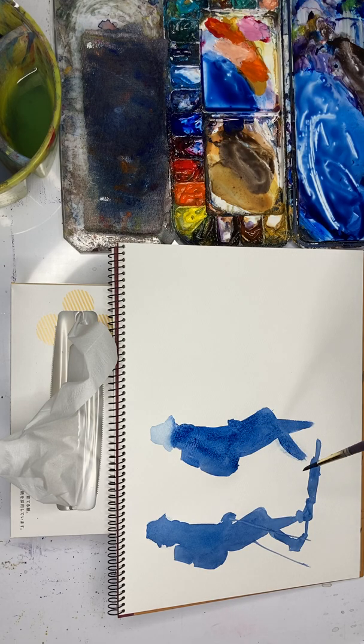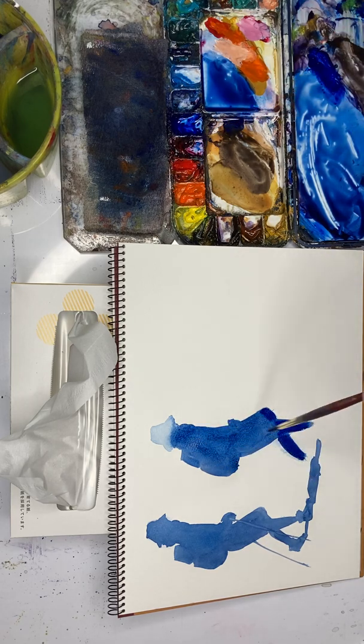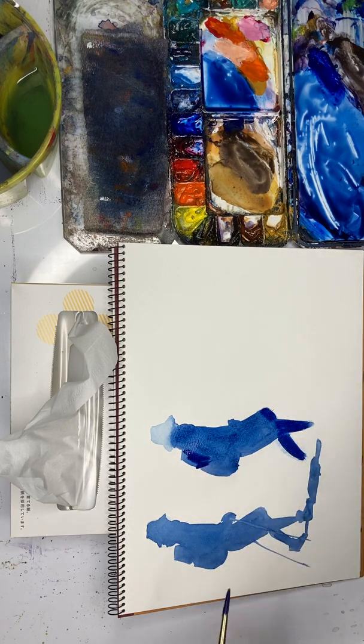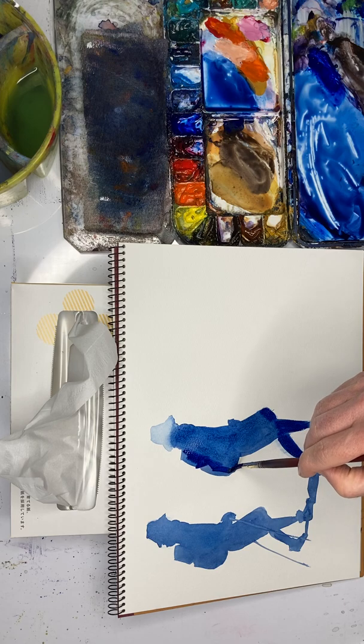This is easier. Now what I want to do is add some darks, so I'm going to get a lot of blue. It's very thick, and I'm going to use it here, like there, and I'm going to use it here. There we go. And then I want to do it here, but this is still too wet, so I'm going to let that dry a bit more. But one thing I can do is maybe a little bit of shadow here. So the light's coming this way, so here it's going to be light, then here too it's going to be light,